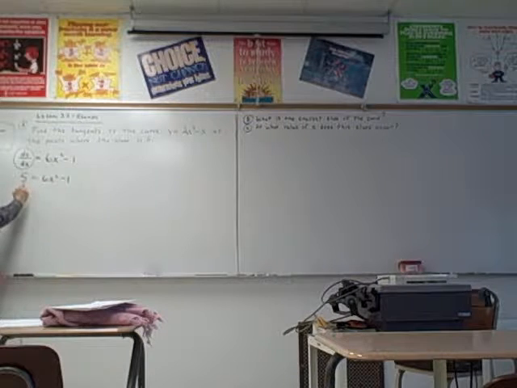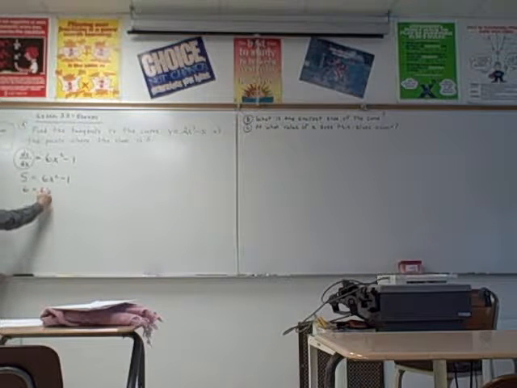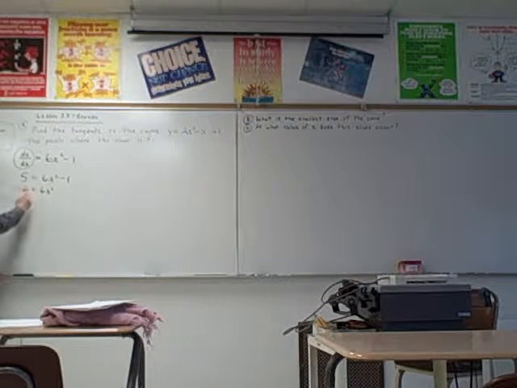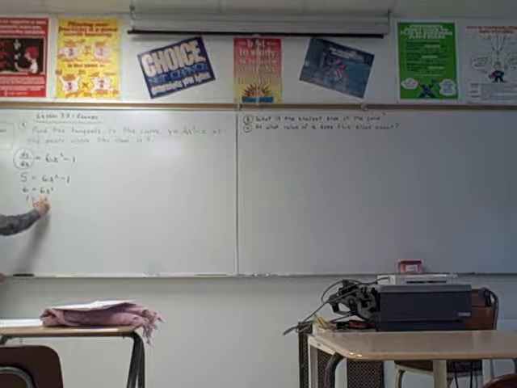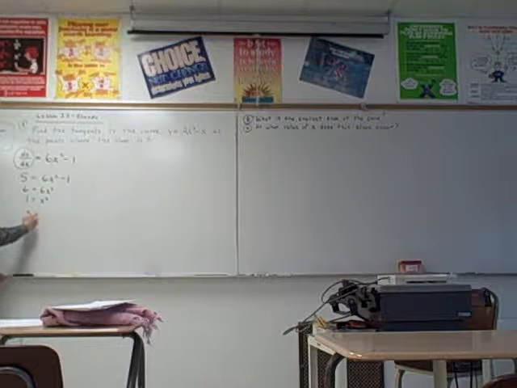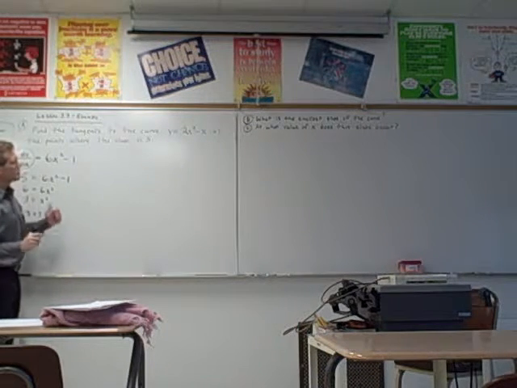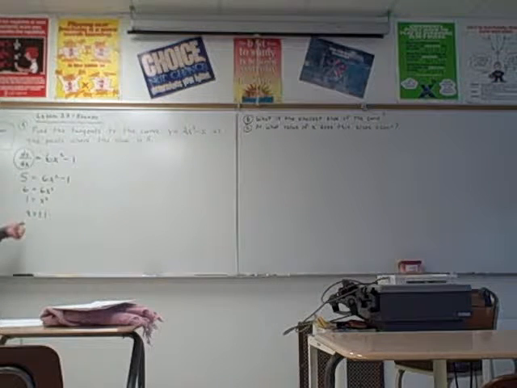So I just add 1 to both sides. Get 6 equals 6x squared. Divide by 6 on both sides. 1 equals x squared. Be careful here. x is going to equal two possible numbers. What are they? Positive and negative 1, right? Okay. Now, what that's telling me is there's two places where the slope is 5, at positive 1 and